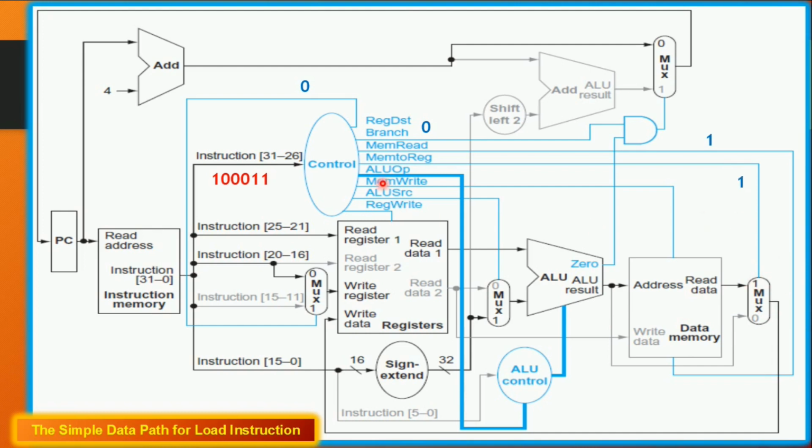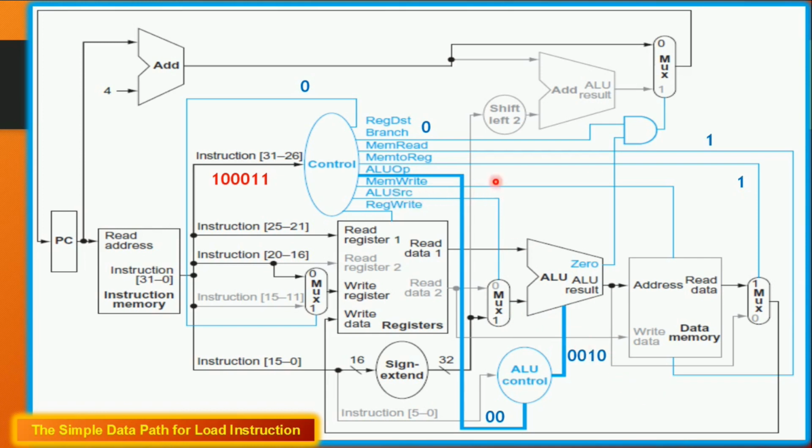Next one is ALUOp. So the ALUOp signal for load word. It is a data transfer instruction or memory reference instruction. For that, the ALUOp is a 2-bit control signal, that is 00. So here the ALU will be acting as an adder for adding the offset value as well as the base register value. So for addition, the control signal will be 0010.